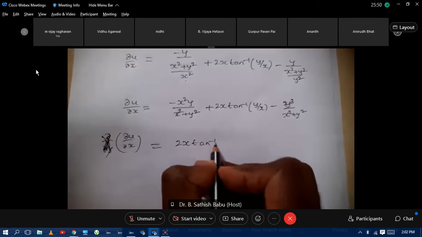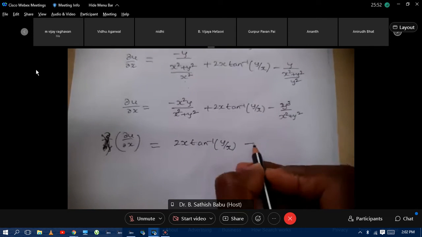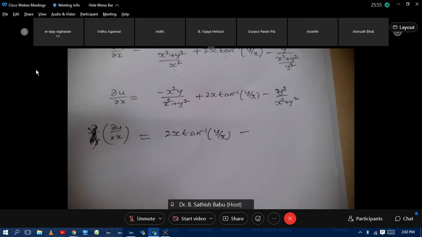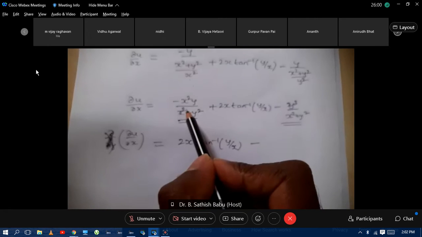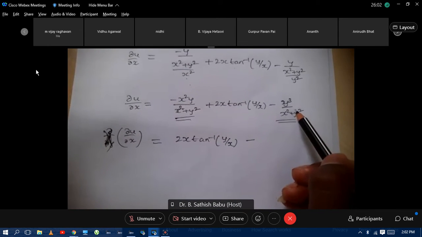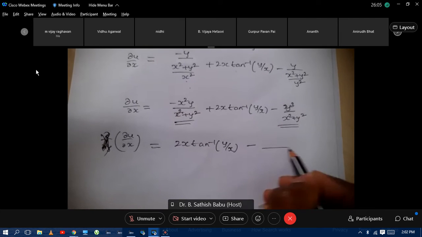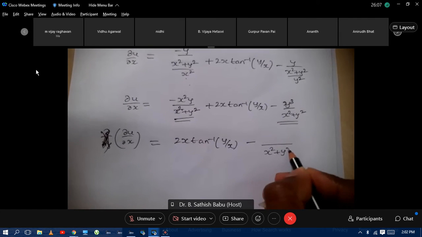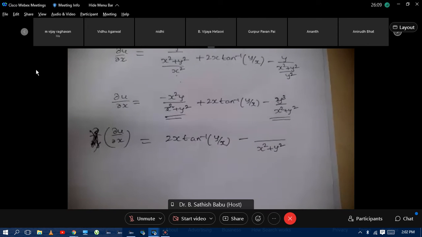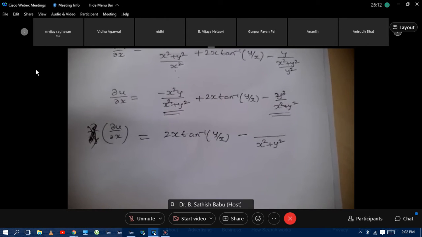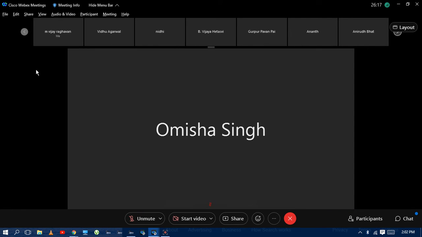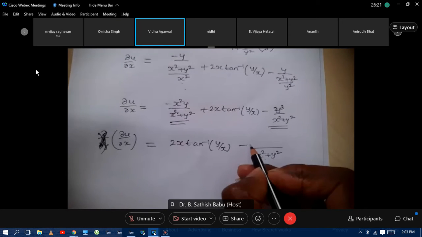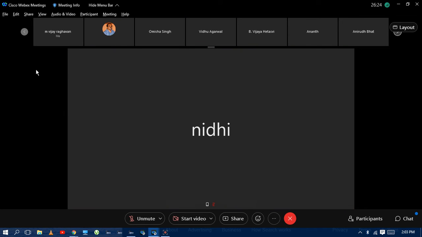The second term, the positive term, I will write as it is. No doubt if you differentiate, you will get the answer. But I feel that differentiation of this term and this term is time consuming. If I just take out something as common from them, I can make my differentiation procedure a little easier. Can we take xy by x square plus y square? In the numerator, I can take something common. Shall I take minus y as common?